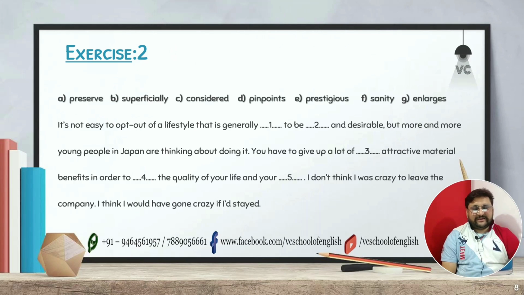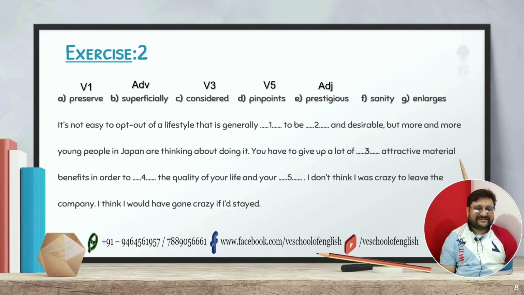Now let's take a look at the options to see how many adverbs, verbs, nouns and adjectives there are. The very first one, preserve, is a V1. Superficially is an adverb. Considered is a V3. Pinpoints is a V5. Prestigious is an adjective. Sanity is a noun. The word ending with ity is a noun. Enlarges is a V5. Now with the help of these options we are going to solve